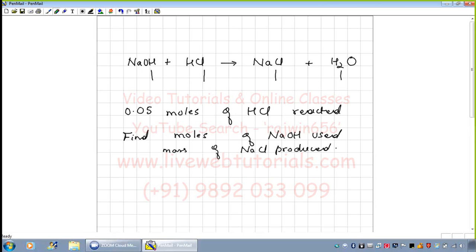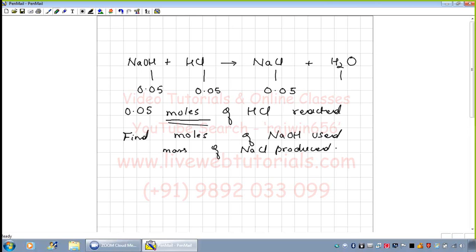We are not given the grams or mass of HCl here. We are given moles, so there is no need to find the RMM of HCl, because the number of moles is given directly. So this is going to be 0.05, this is going to be 0.05, this will be 0.05. Correct? And here it's 23 plus